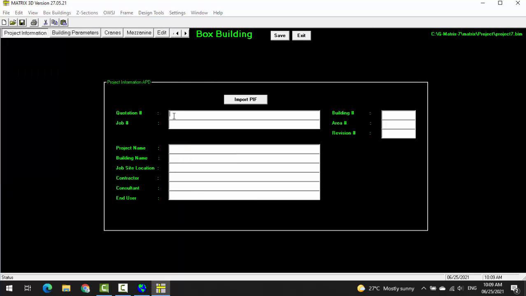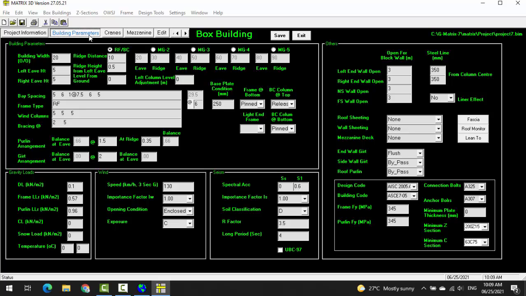I'll start by writing my quotation number, job number, project number, and the following information: building area and revision. Then the most important, I go to building parameters. In the building parameters, I will define the work order form of the project or of the building. So I start by inputting the building width in meters from out to out, left eave height, right eave height, ridge distance from the left side, ridge height, level from the ground, and I'll keep it